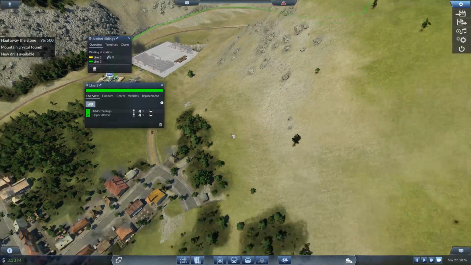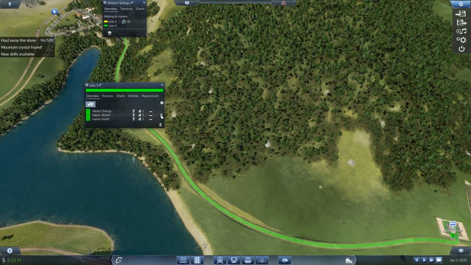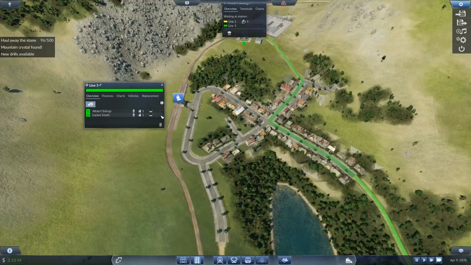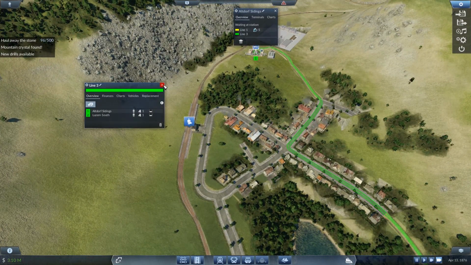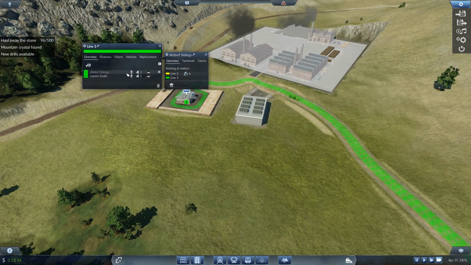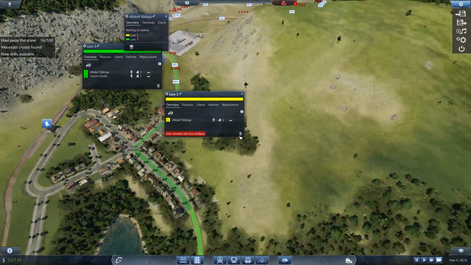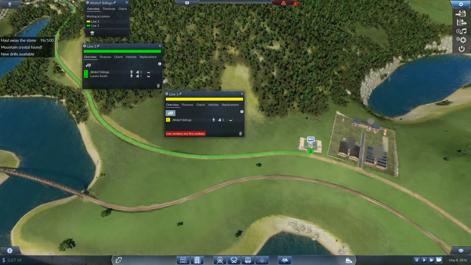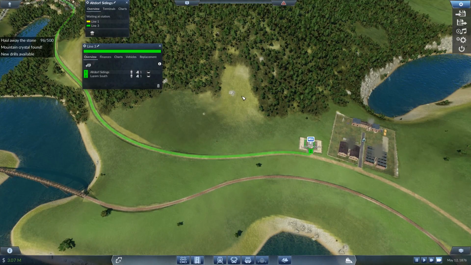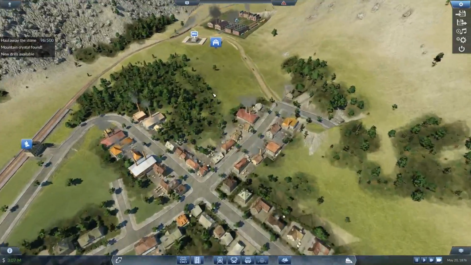So I'm going to have to figure out a way to get all those to go to the other side. So let's actually have everybody come over here. So let's have both lines deliver basic tools. That way we can produce better tools now. So let's try that. So both lines can go there. And I think they'll bring back all the...